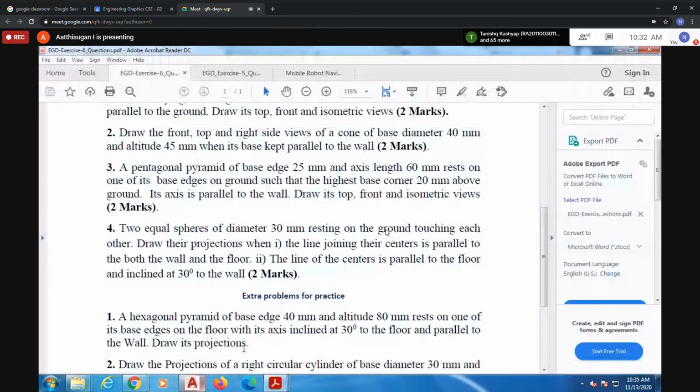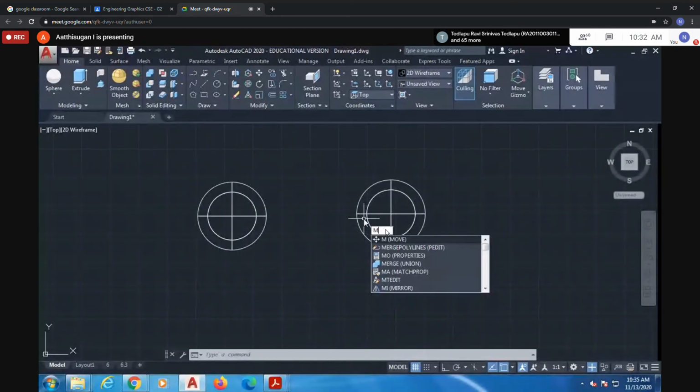The line joining the centers is parallel to both walls. Again you are using the move command.